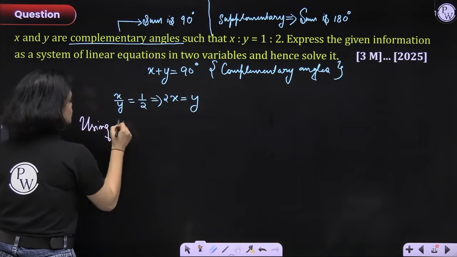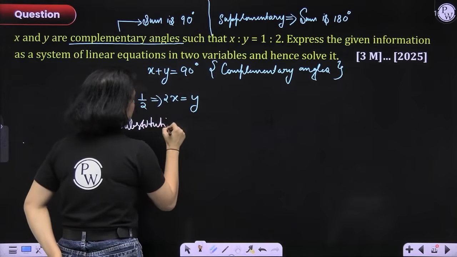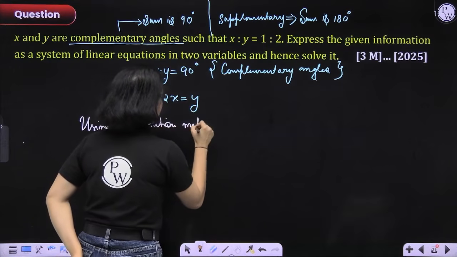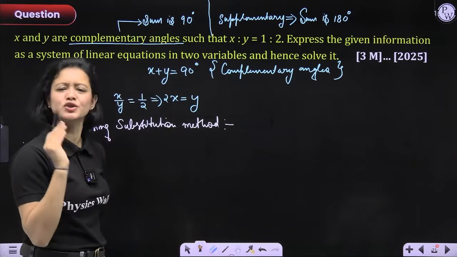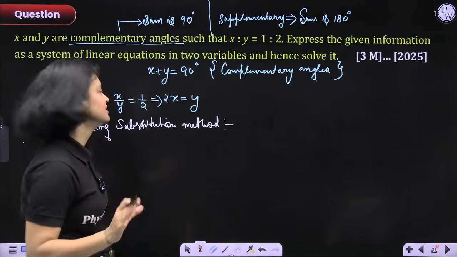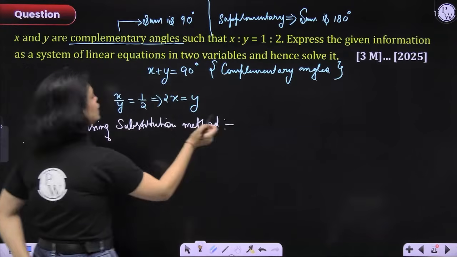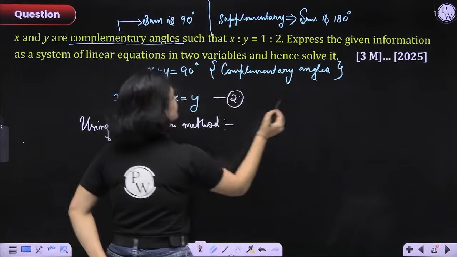I'm writing here so that nobody gets confused. Using substitution method. I'm not very strong at spelling, so please forgive small grammatical mistakes if they occur. Okay? Chalo ji. So what I'll do is, I will take this as 2 and I will take this as